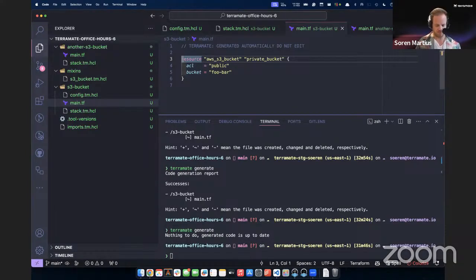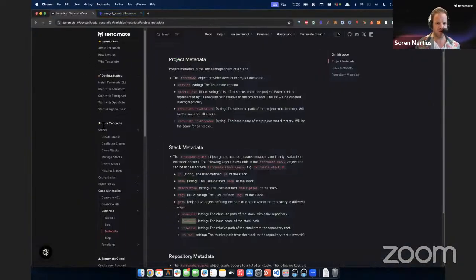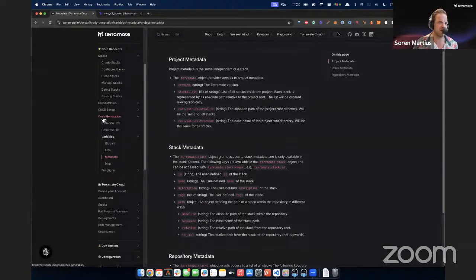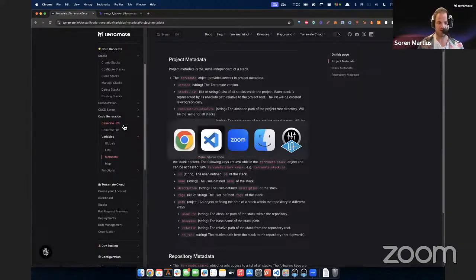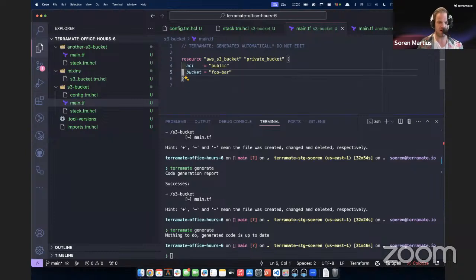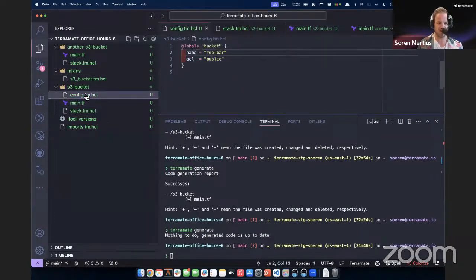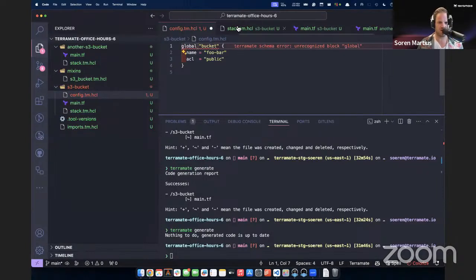So why is this nice? The one thing with globals here, and by the way, this is really well documented. If you look at the code generation docs, you can see that the way that we call this in Terramate is code generation strategy. So you can use code generation to generate a bunch of HCL and evaluate it in the IDE. So whatever you use here, like globals, for example, if I was to remove something here, like just in type,